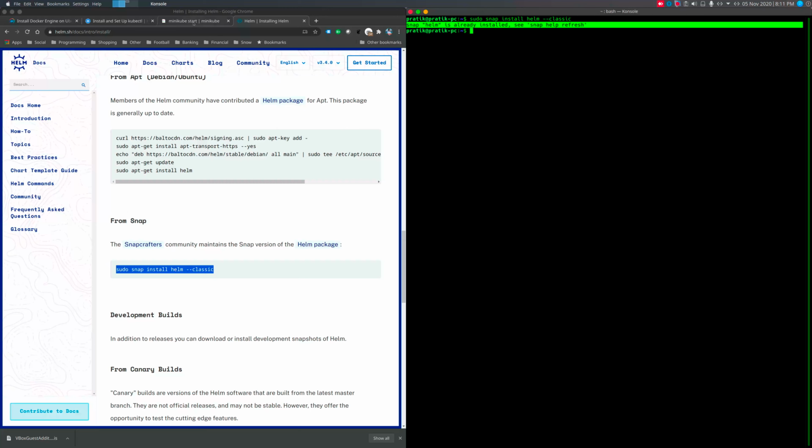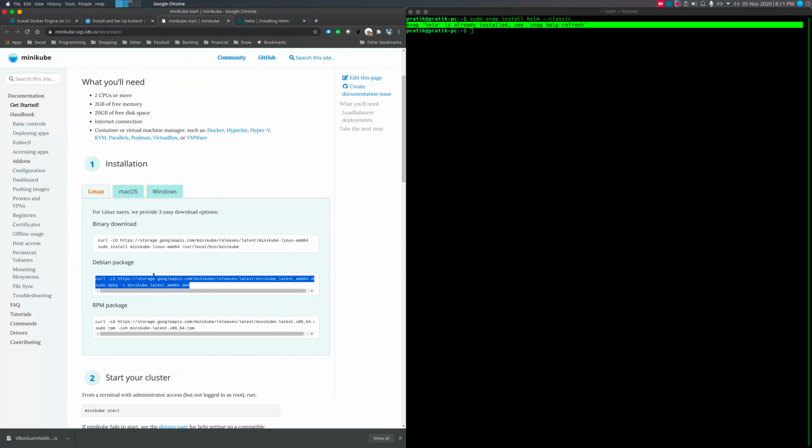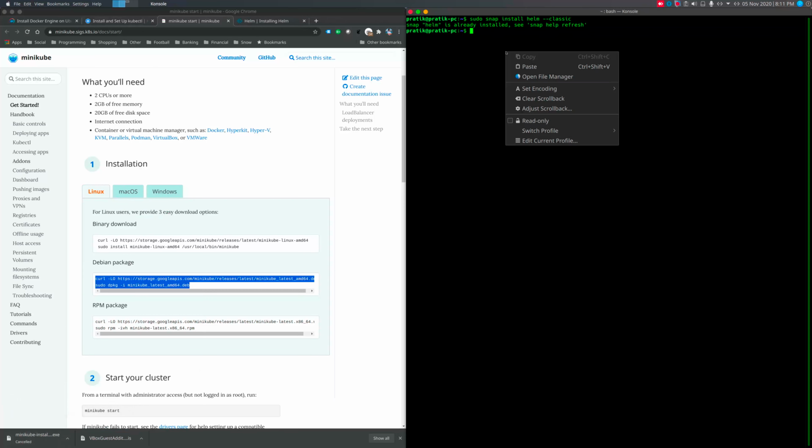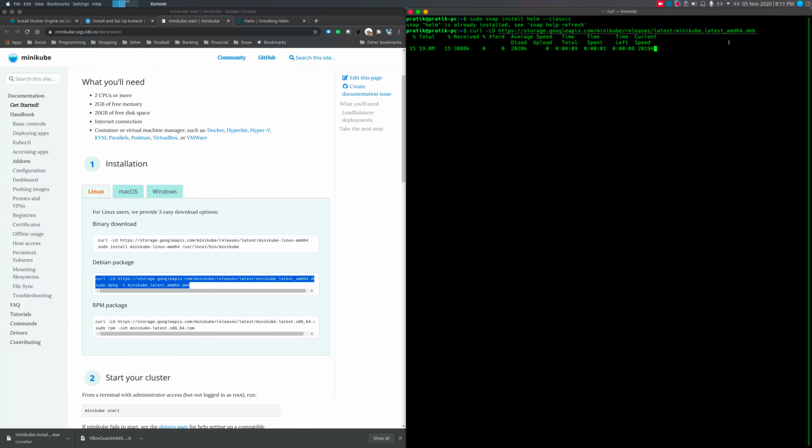Up next we will be dealing with the installation of minikube. For minikube I'm again using Linux and Debian, so I'll be using this script to download. If you are on Windows, you can either download it or use the Choco package manager here. For download, you have to go to this link and it will download the exe file. I'm not going to download. So if I just paste the script, it should download and install